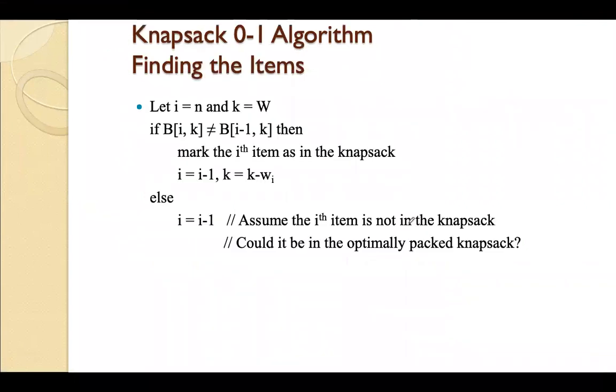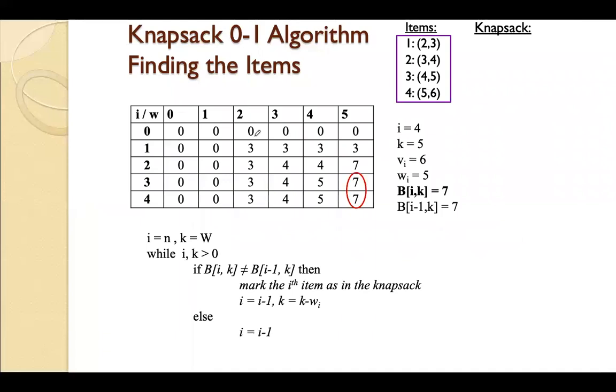That is the first part of the program algorithm. Next part is that b of i, k should not be equal to b of i minus 1, k. So in the if condition we are checking whether these two items are not equal. In the first iteration they are equal. Next it will compare these two items, and again they are equal. Next it will compare these two items. Now they are not equal. If they are not equal, this is our first solution.